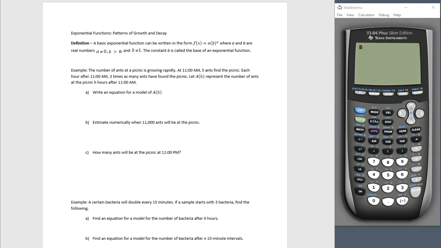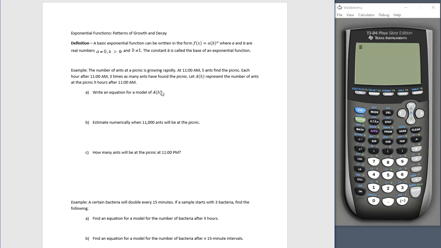So a basic exponential function can be written in the form f of x equals a times b to the x, where a and b are real numbers. A is not 0, b is greater than 0, and b is not equal to 1. The constant b is called the base of an exponential function. All right, so the base b is going to tell us by how much it's growing, and it's a rate